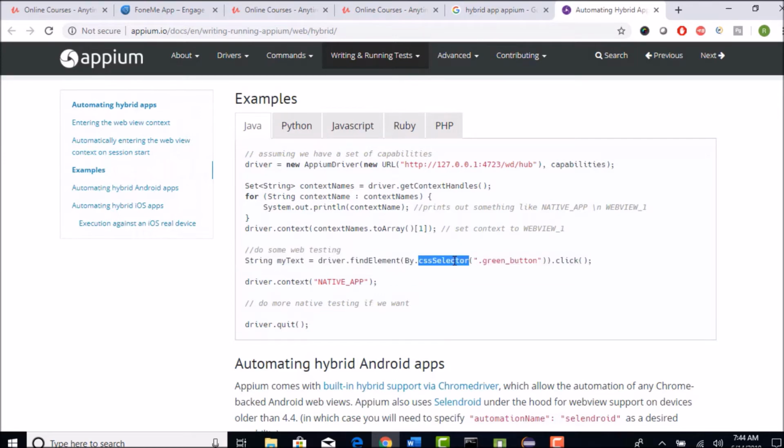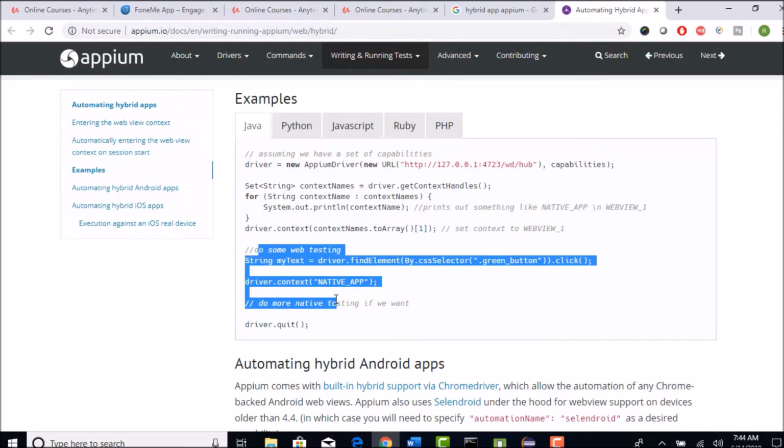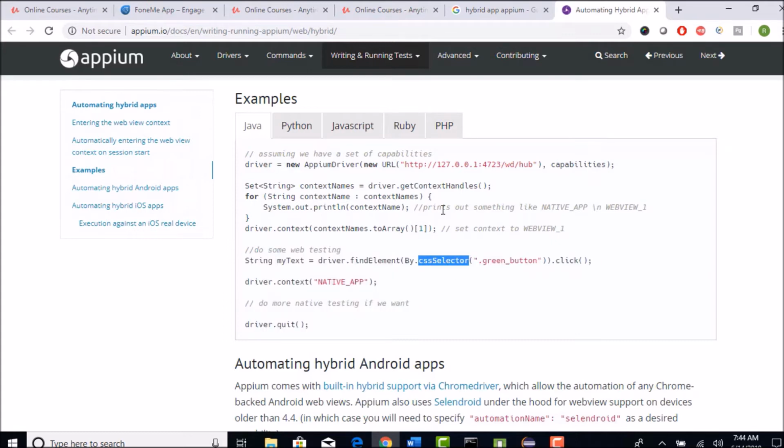You can bring in CSS selector and name attributes, which are not allowed in Appium. When you try CSS and By.name, Appium does not allow it, because Appium allows XPath, ID, class name, UI Automator. There are a few locators which Appium allows, but once you switch your context, it invokes and activates the Selenium profile here, so that you can happily use CSS selector, name and a few more locators and continue your testing. Okay, so this is the concept if you want to deal with hybrid apps.